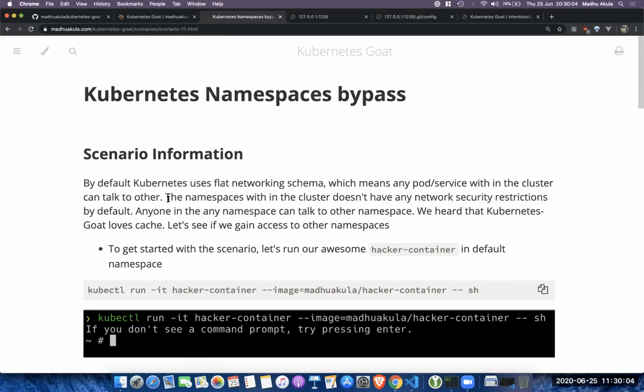For example, most developers or ops sometimes assume that because I create a new namespace for a production team and a staging team, or a database is in a different namespace and the application is in a different namespace, they are logically segregated. But there are no hard security boundaries. By default, if you are in a different namespace, you can still access the other namespace just by accessing the IP or the service name in Kubernetes, right?